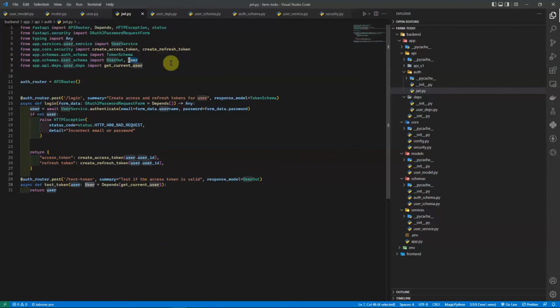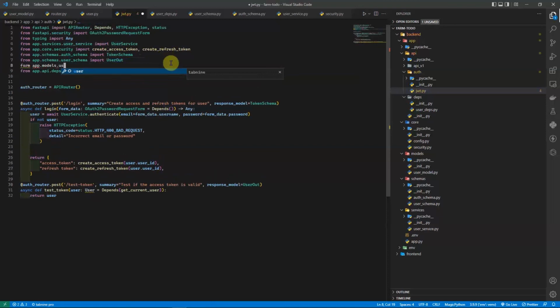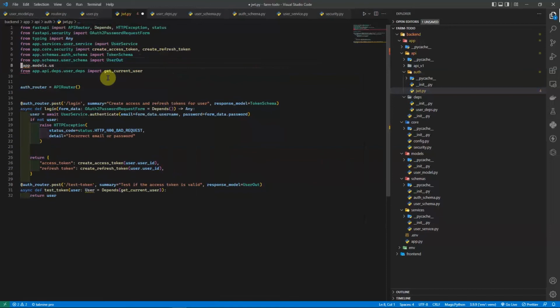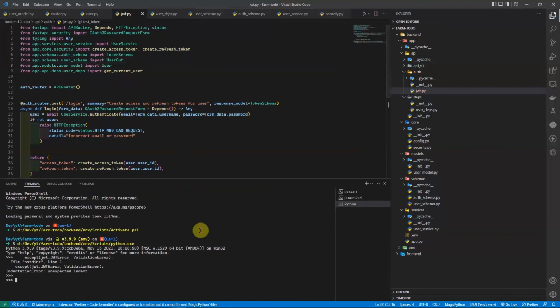So schema, this should be coming from app.models.user, not form, by the way. From app.models.user model import user. So this is coming from the user. So now if everything goes well,